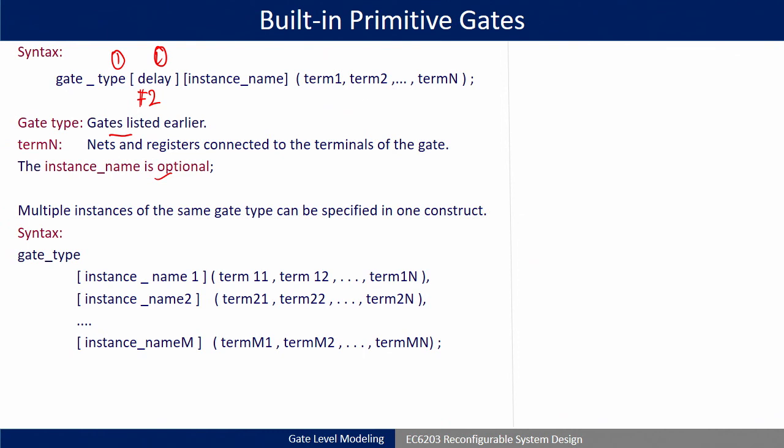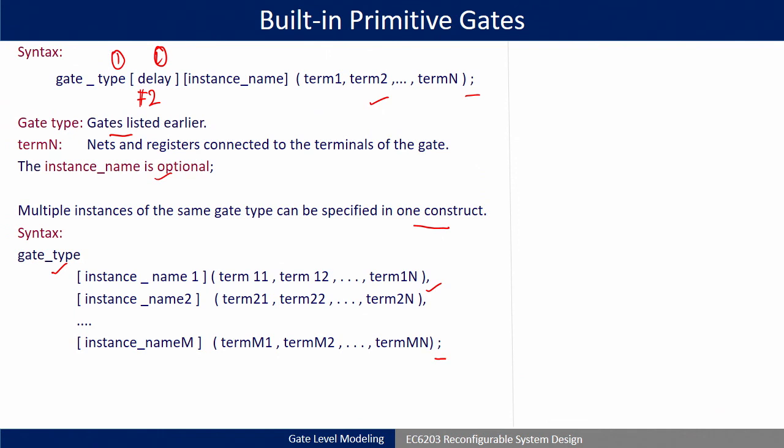Okay. And finally, the terminal list. So, the connection of those gates. Okay. Now, I have also told in tutorial classes, if you are having 10 gates, you can write them down one by one separated by semicolon, or you can write the same thing in a single construct separated by comma. Okay. So, this is the example where your gate type will be defined once, but instance names and other things have to be separated by comma, then finally you put a semicolon. This is a single construct, this we did in our lab classes.